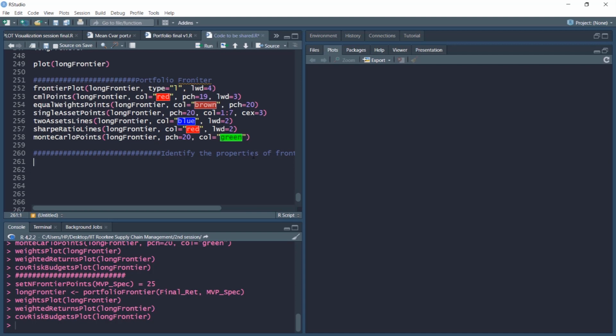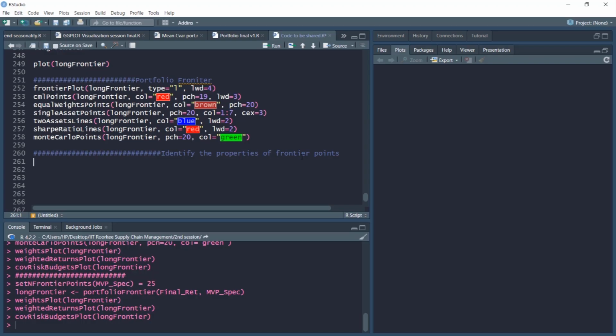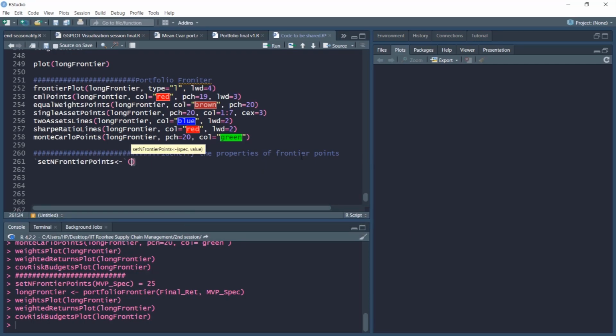Now, initially we started with the object with 100 frontier points. However, it would be slightly difficult to visualize 100 points in one graph. So rather what we'll do is set n frontier points, but instead of using a very large number of points, we'll restrict ourselves to maybe 25 points.